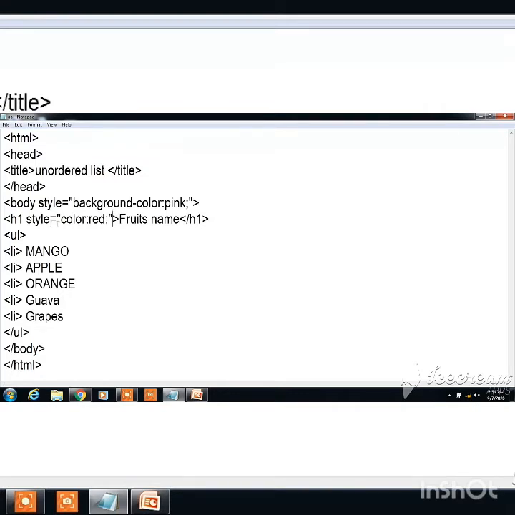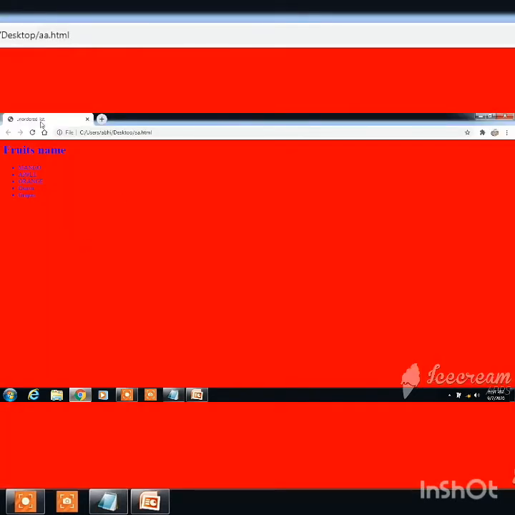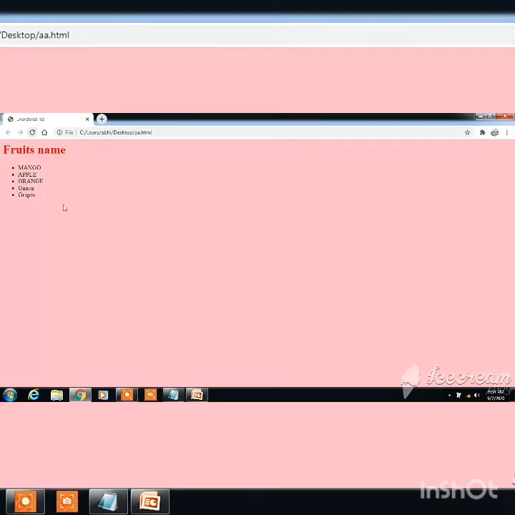See, style equal to color red. Please, my dear students, take care of the syntax. The only thing you have to keep in mind is the syntax, and the body style, h1 style. That's it. It is very simple. CSS is not something difficult or extraordinary we are applying. Just a simple word we are using and our CSS is applied. Let's see how. Save it. Is it clear? The background color has been changed.